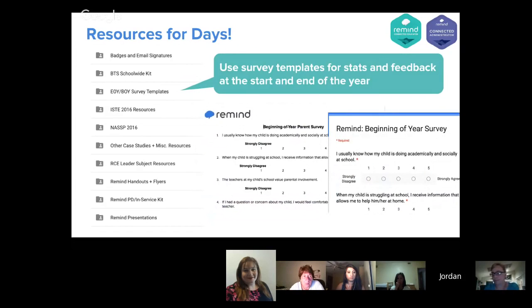And then the survey templates, I mentioned this earlier. At the beginning or end of the year, or any time of the year really, we've created templates, either print versions or digital ones powered by Google Forms, that you can use to get feedback, whether it's qualitative stories or feedback on communication or Remind, whatever the scope you want to set, or more of a numerical rating, 1 through 5 on the experience.